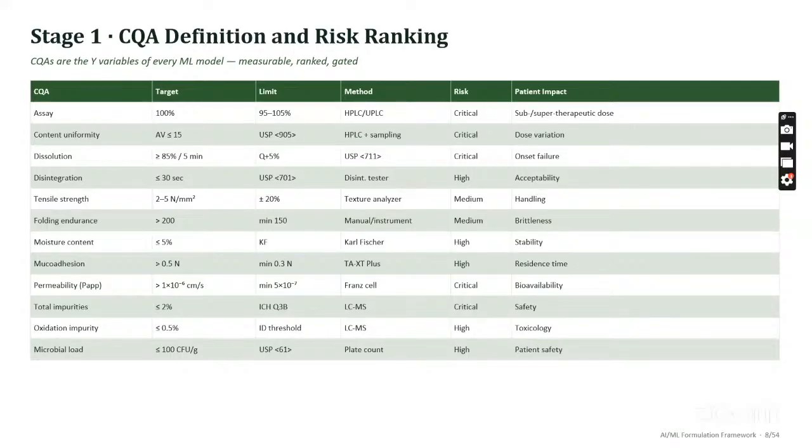So any stabilizers need to be added, or any permeation enhancers need to be added. So these things should be evaluated. So if I design DOE, if I design my design of experiments,